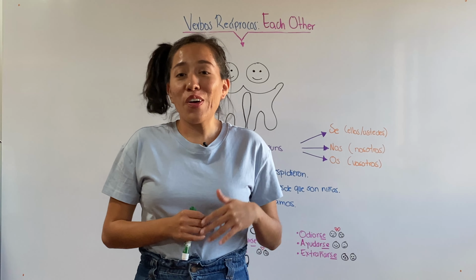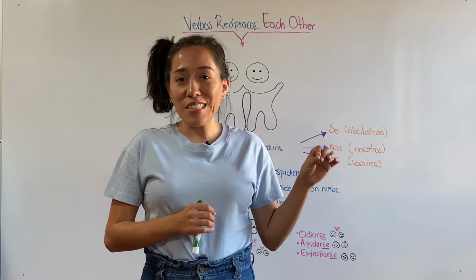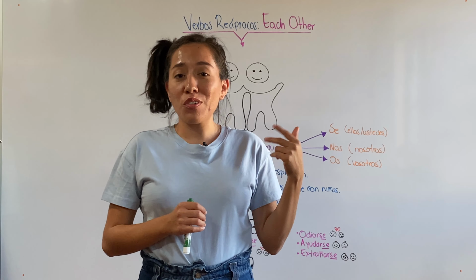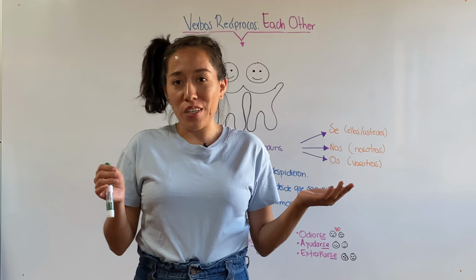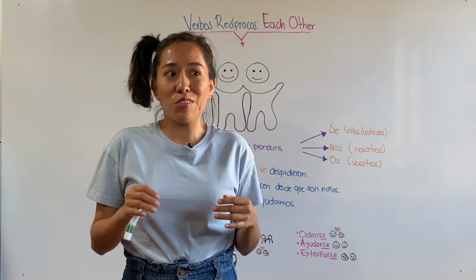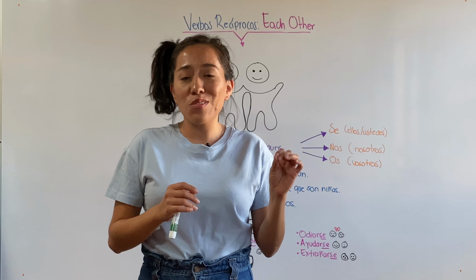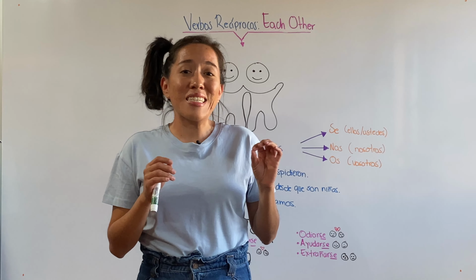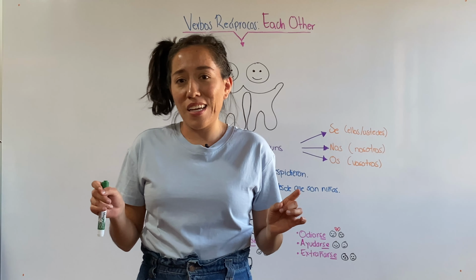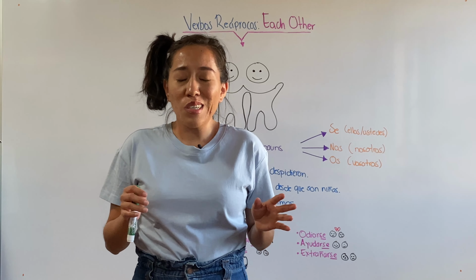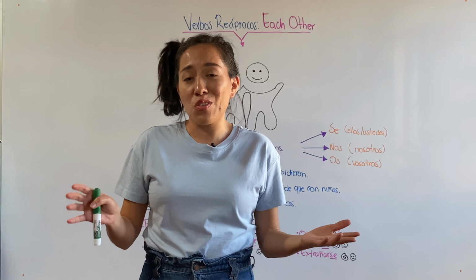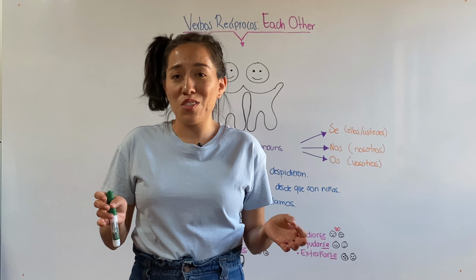A few years ago, one of my students was telling me that she saw two of her classmates kissing each other. The story was great because it was the most unexpected couple. However, I had to stop the story because she said, "ellos besaron el uno al otro," which is not the correct way to say each other in Spanish.